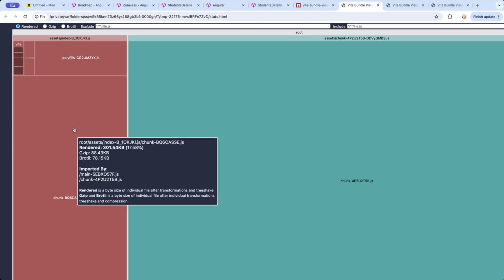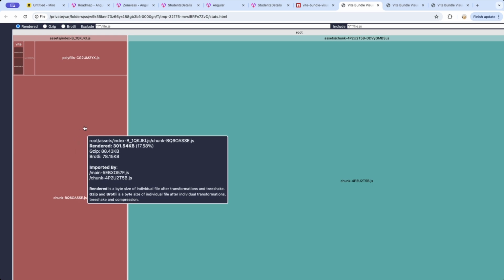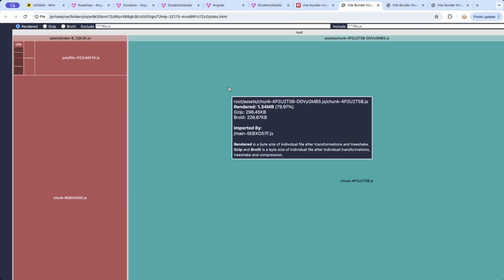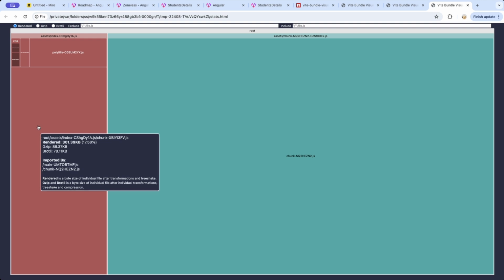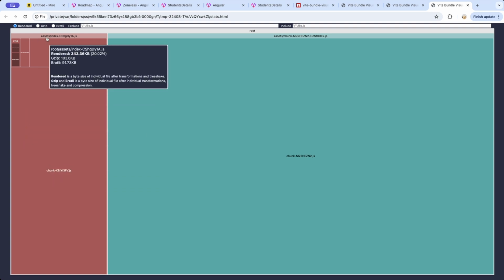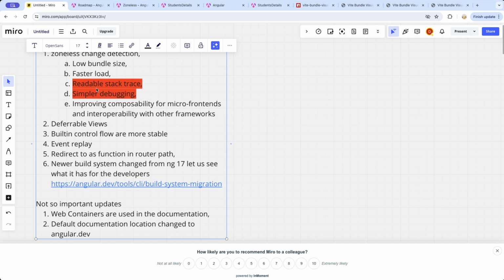If you look at the chunk.js, the earlier size was 301.54 KB. And if you look at it now, it is coming out to be 301.39 KB, right? So obviously, there is a bit of code that comes along with the zone.js-less change reduction, and that makes the application at this moment a little heavier. So what we have come to realize is that these two